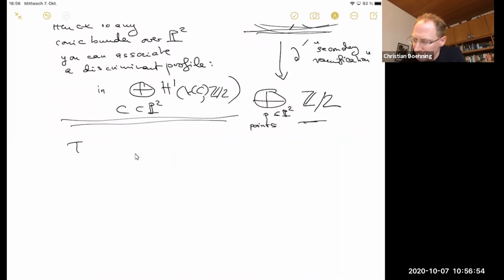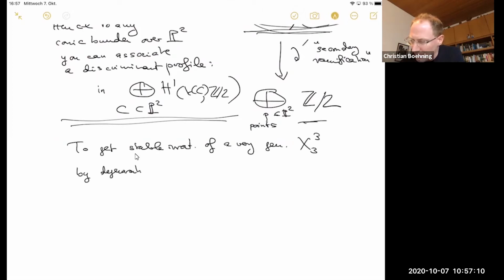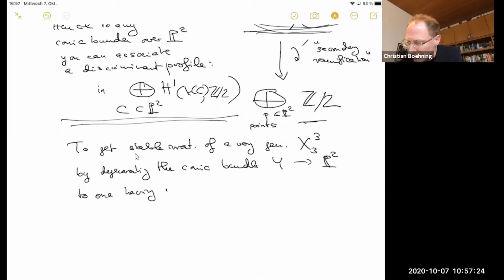So, to get stable irrationality of a very general cubic threefold by degenerating the conic bundle Y over P2 associated to it to one having non-trivial unramified Brauer group,